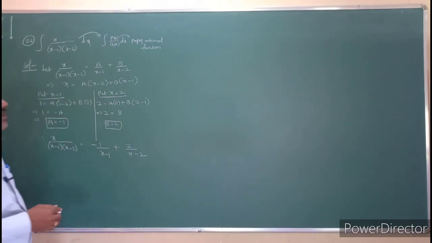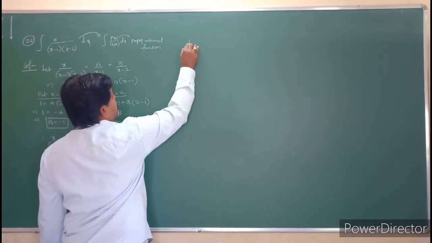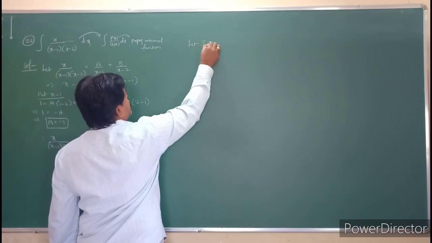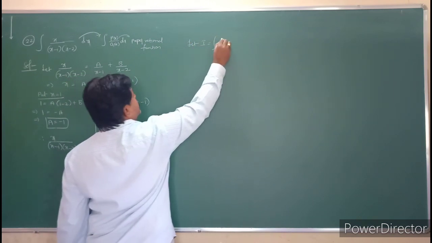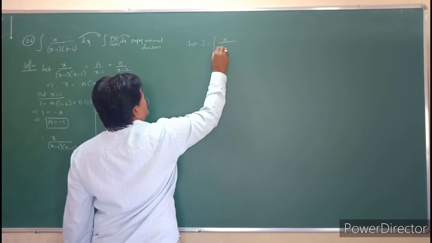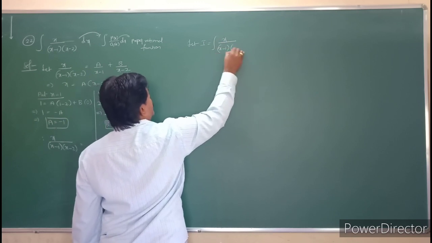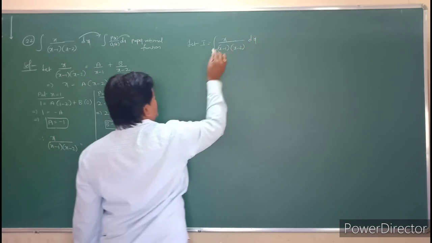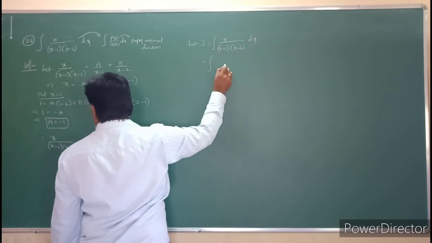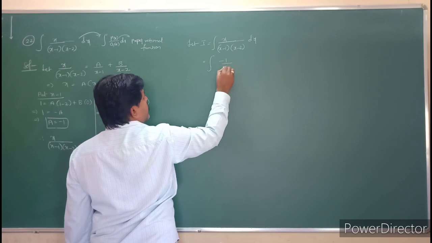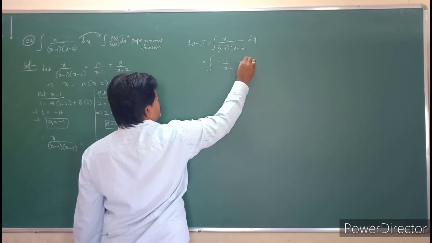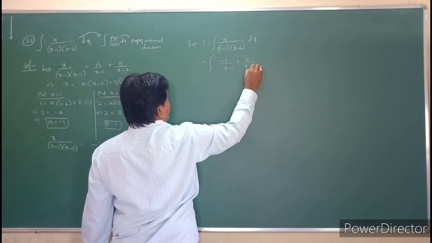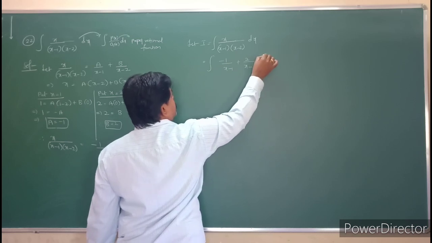So after getting this, take the problem as I. Let I is equal to integral of x by x minus 1 into x minus 2 into dx. So this can be written as integral of minus 1 by x minus 1 plus 2 by x minus 2